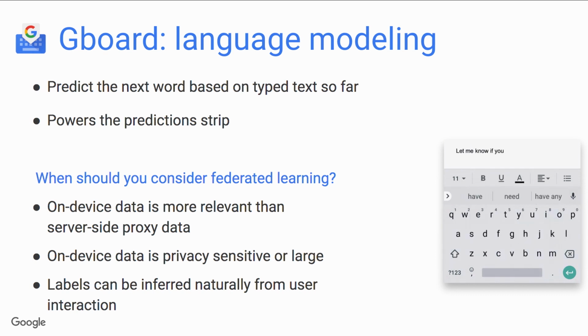The first thing to observe is that it's really important to train your language model on data from the right distribution, on representative data of real usage. We could train a language model for Gboard on, say, Wikipedia data, but it would be terrible because people don't type text messages anything like they write Wikipedia articles. So it's very important to train on the right kind of data in order to make good, relevant predictions. At the same time, the data from mobile keyboard usage can be extremely privacy sensitive, right?